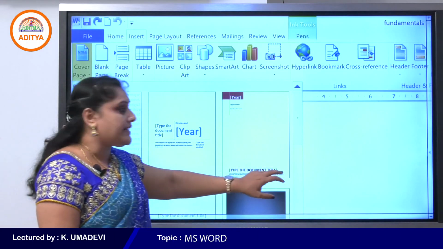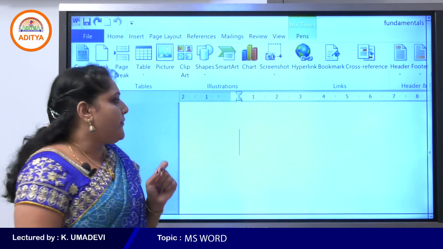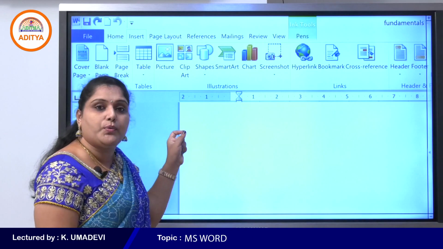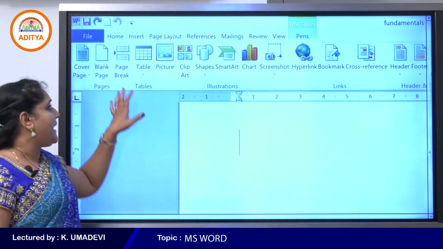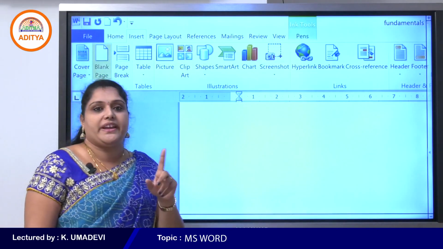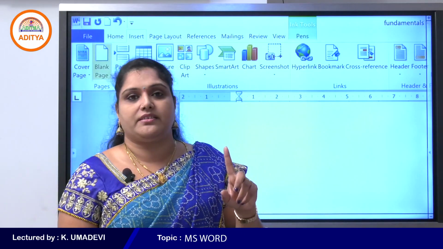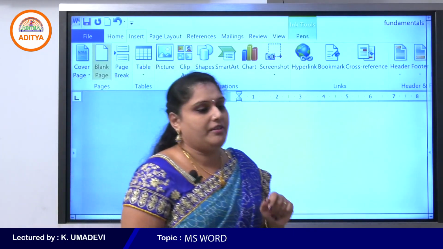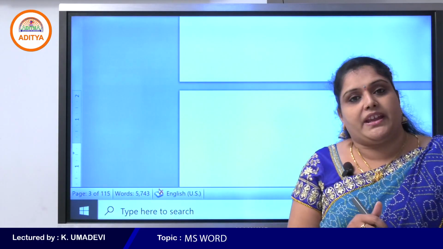If you want to insert a blank page within the same document, first place your cursor at the particular location where you want to insert the blank page and simply click on blank page. It will automatically create one new page in the same document. Or else press Ctrl plus enter, because Ctrl plus enter is the shortcut key to insert a blank page.